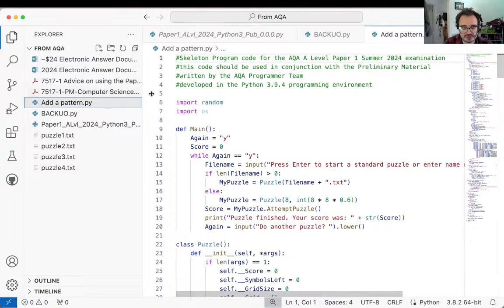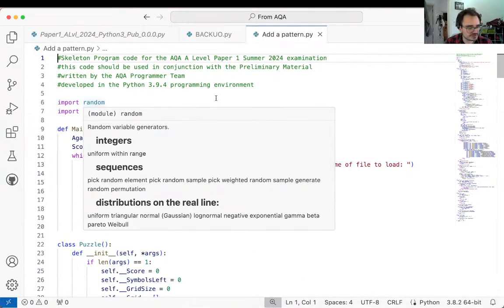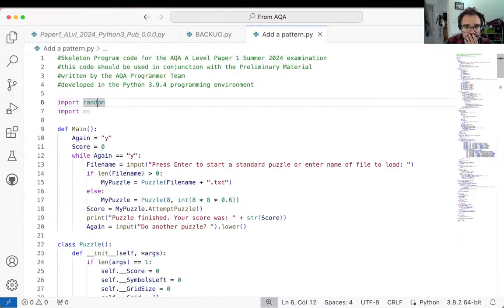Add a pattern.py and collapse the left. It's kind of visible. Yeah, I'm not mad about this. Random. Are they using random? Yeah, they are. The OS was. That's interesting. So there's the import of the OS. That's still something. So yeah, the exception,